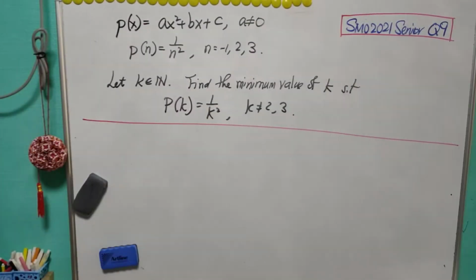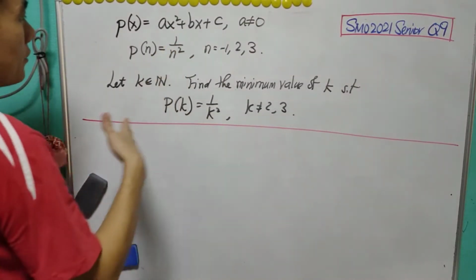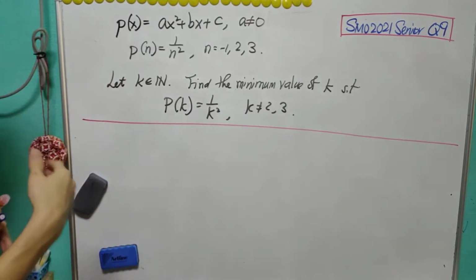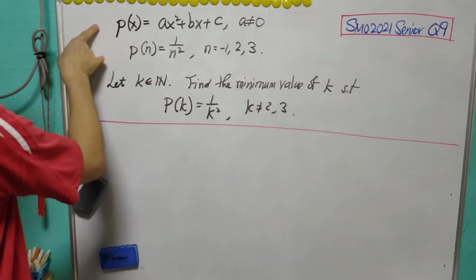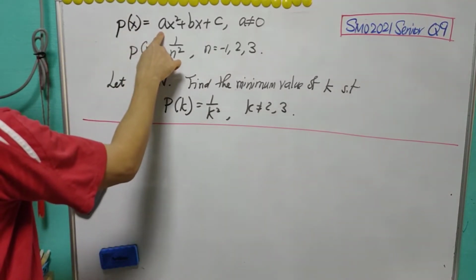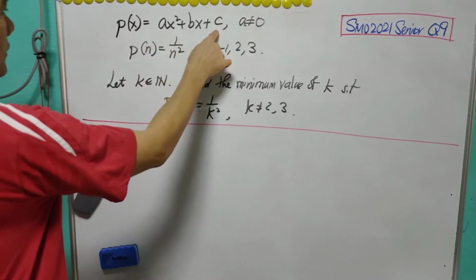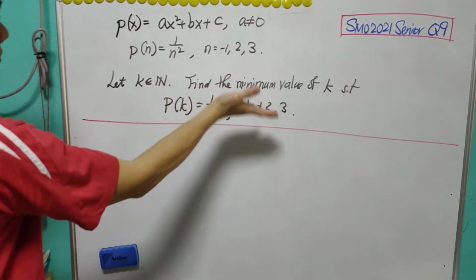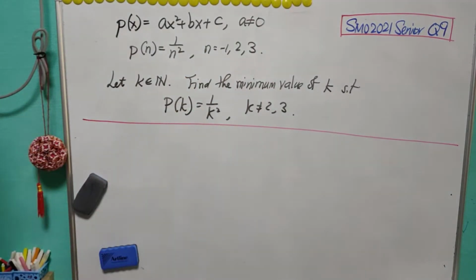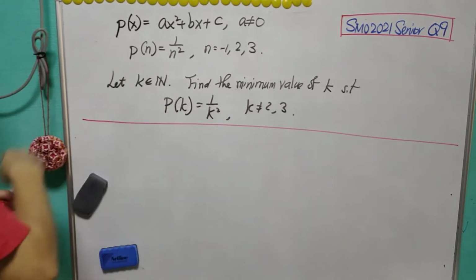This is an interesting question because we see that two curves intersect at two different points for integer values of x. P(x) is a quadratic expression with unknown values of a, b, and c. Using this information, we can form three simultaneous equations in a, b, and c, and then we can solve it. But it may be a little bit messy. So we will transform these data into